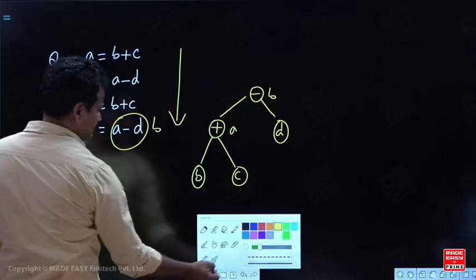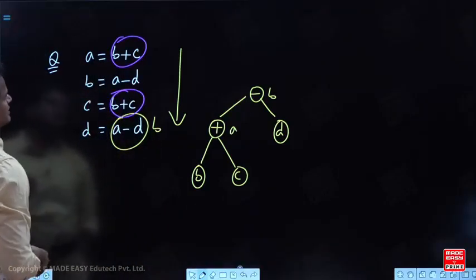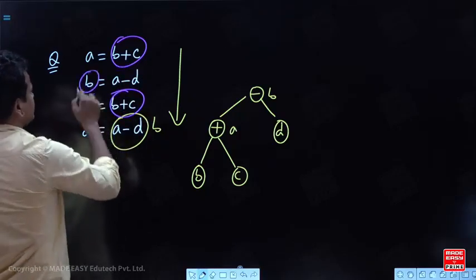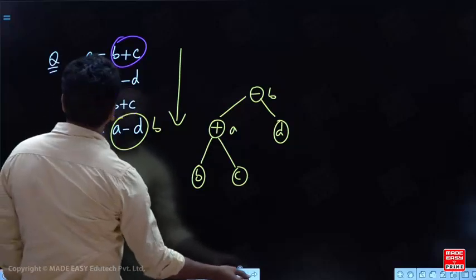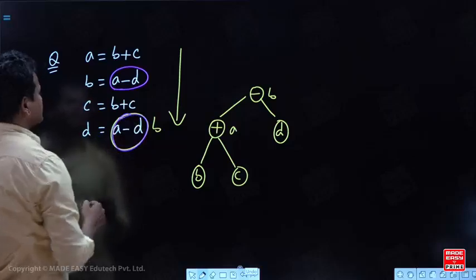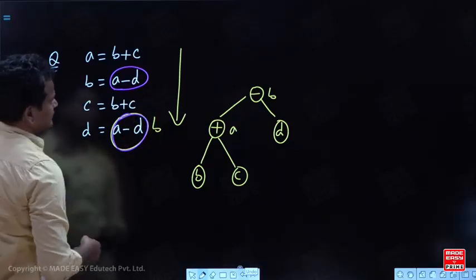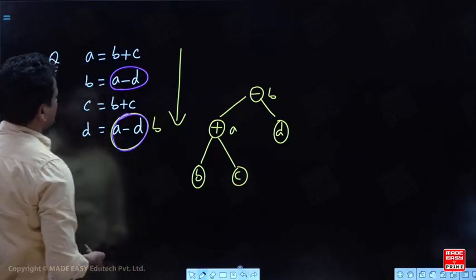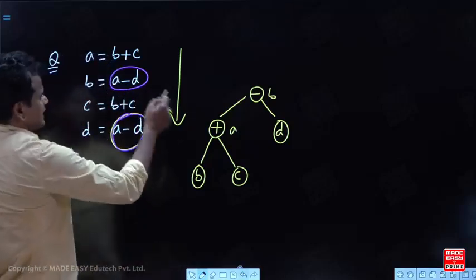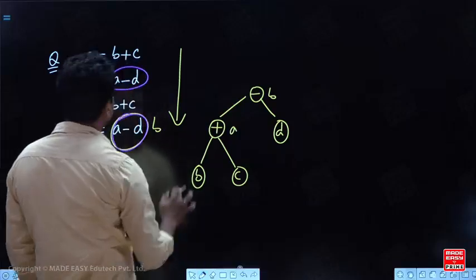Anyone thinking that this is B plus C, this is B plus C, and this is B plus C: they are not the same. Why? Because between them we are changing the B value. So there is no common sub-expression in B plus C. But A minus D and A minus D are both the same, since the A and D values are also the same. So this is D equal to B. Okay, going top to bottom: A equal to B plus C, A equal to B plus C. Okay, done. Then A minus D, this is A minus D. This is B. Okay.